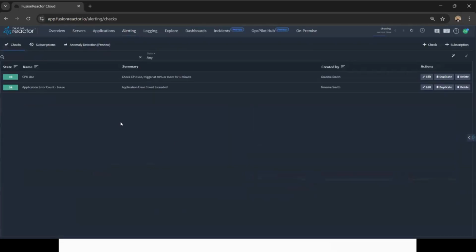So that's something that's important to me, but that only tells me when certain resources are being used, and it takes time to set these checks up. You've got to make sure that they're reporting on exactly what I want them to report on, etc., etc. If I come into anomaly detection,